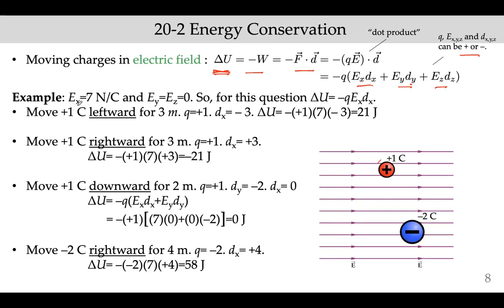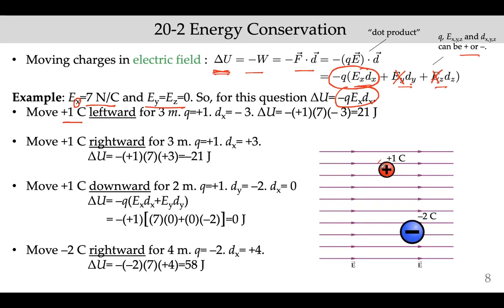So let's look at this example here. We have an electric field in the x direction, and its magnitude is 7 newtons per coulomb. There's no electric field in the y or z directions, so it's purely in the x direction. For this question, because there's no y component and no z component, the change in potential energy will be only this part, which is here. Now, let's analyze these 4 situations. First, let's move the plus charge, this red one,